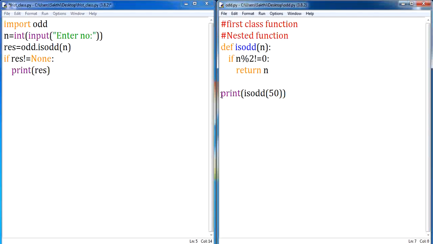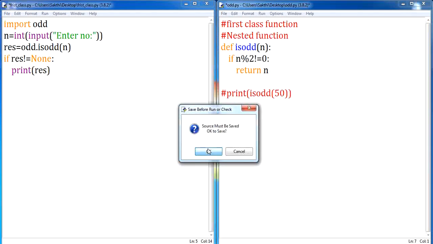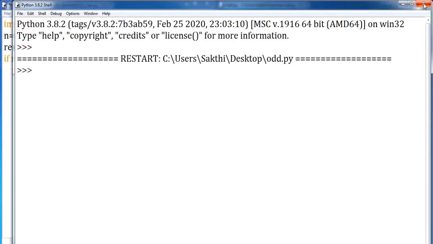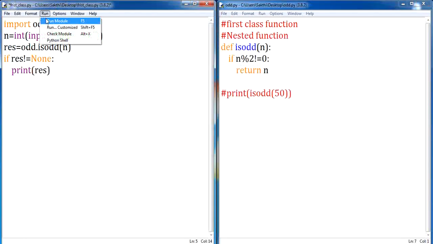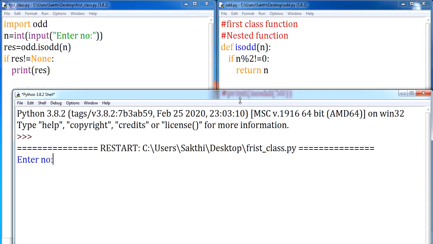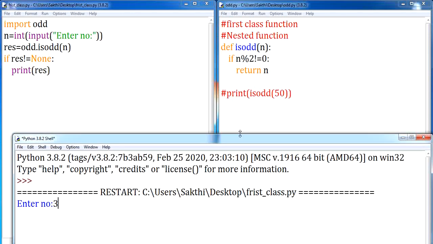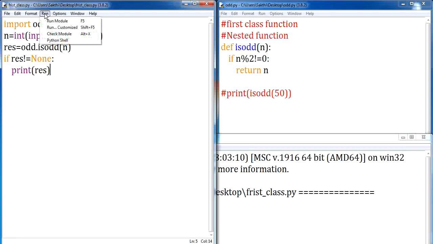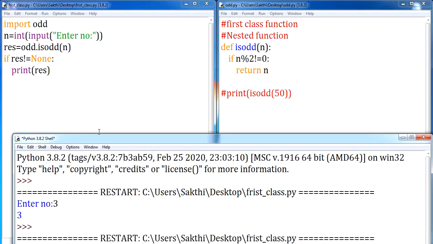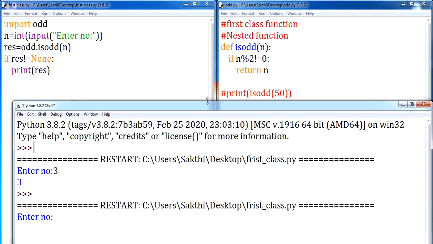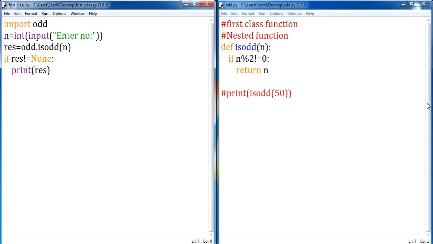Now let us execute this program. First let me execute this one, and after this let us execute your second file. I'll close this one. Now let me execute this particular file. You can notice that it is asking for an input. If I give 3 as my input, you can notice that the same value has been printed. If I give an even number as my input, what happens? No output is going to be displayed, since I have given my filter condition. I hope you are clear with this one.